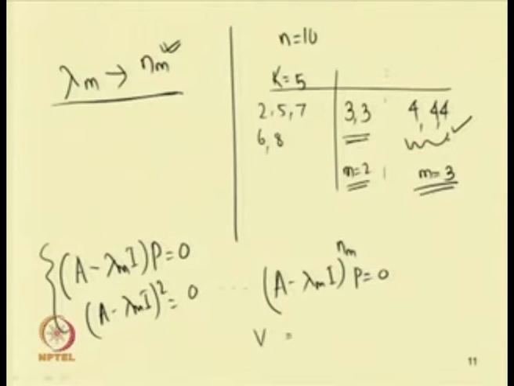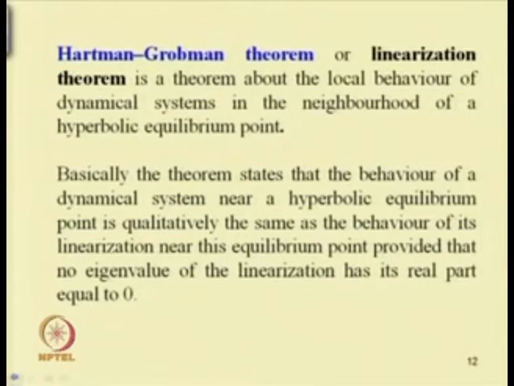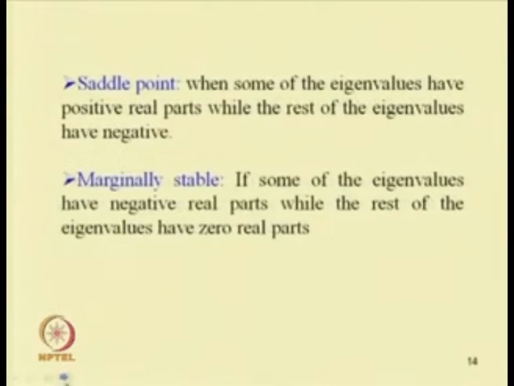So, it will be in this form: t to the power k e to the power (t minus t0) lambda I. So, the corresponding value of V will be equal to t to the power k e to the power (t minus t0) into lambda I, where the integer k, the t to the power k that we have taken, depends on the multiplicity n I of the eigenvalue lambda I. So, let us take a simple example.